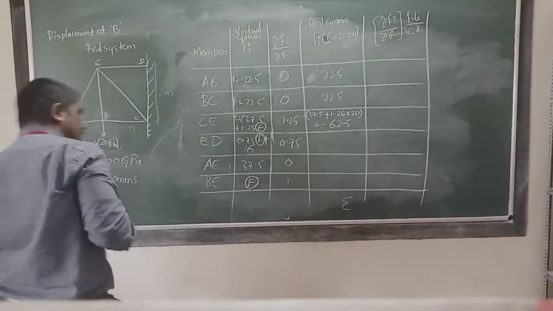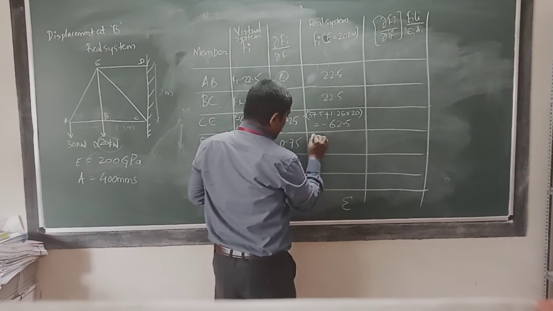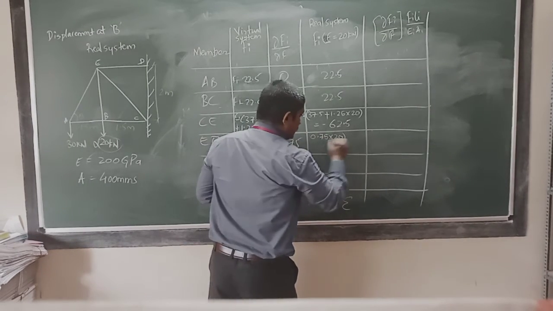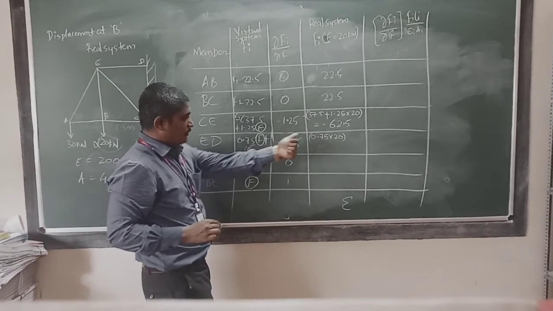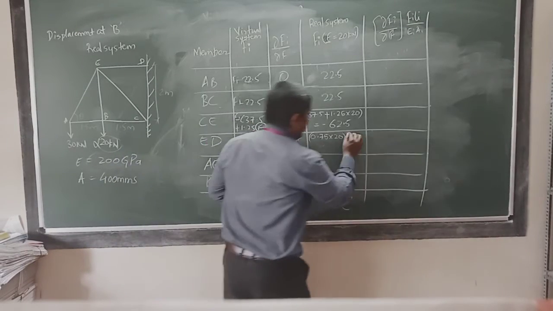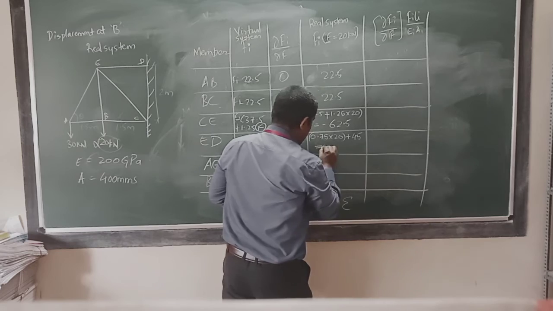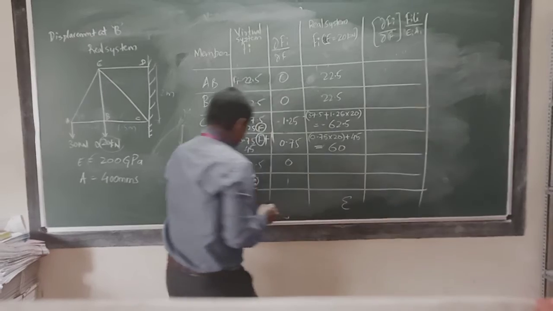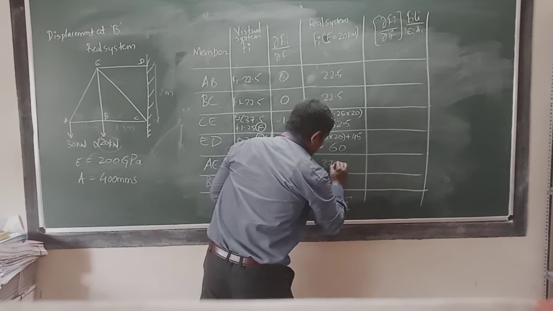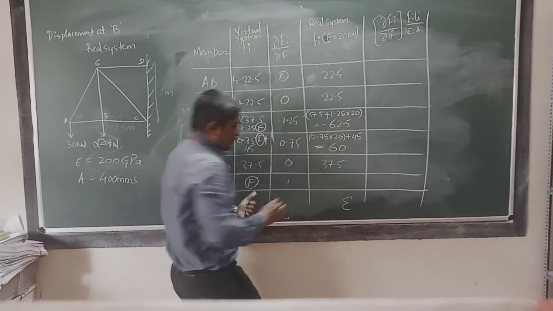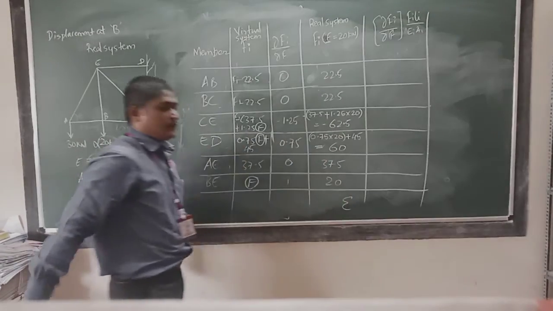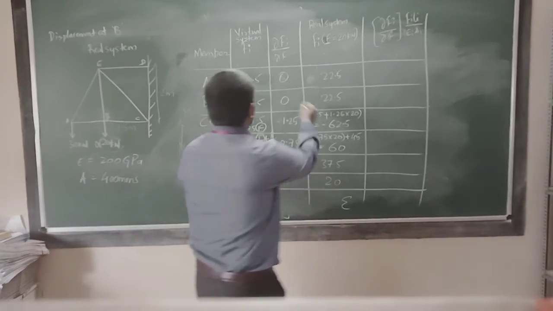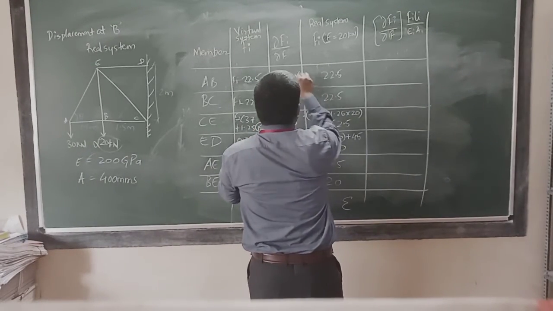Okay, then next is 0.75 into 20. Yes, because 0.75 F is there, so instead of F you insert 20 plus 45. Okay, you will get the answer as 60 kilonewton. Here 37.5, here also 37.5. Here F is there, so here also directly you can write it as 20 kilonewton. Okay, replace this with this. Fine. Now you have to multiply this into.